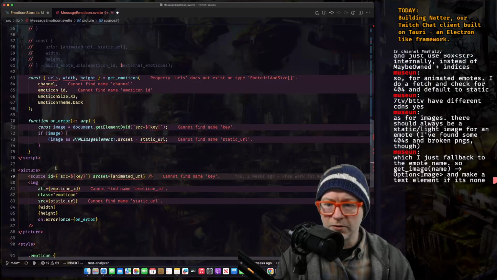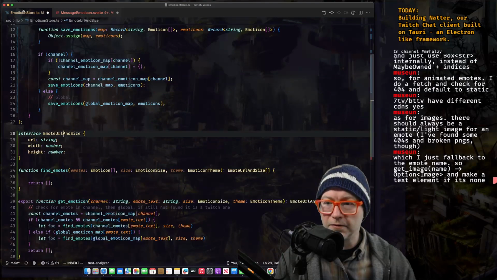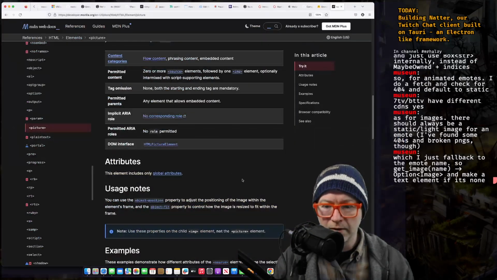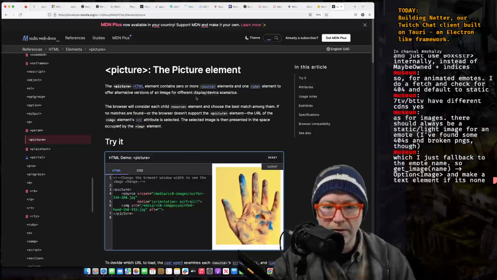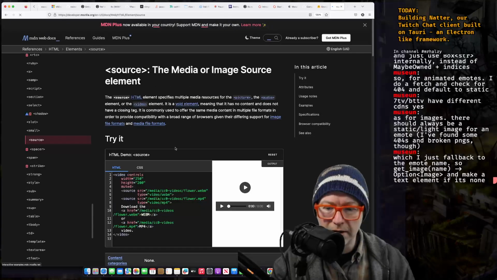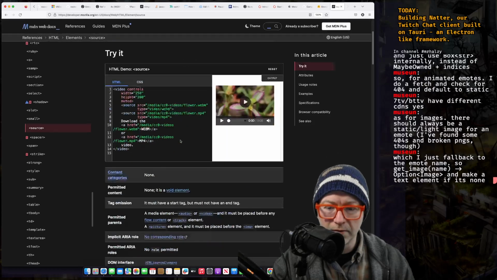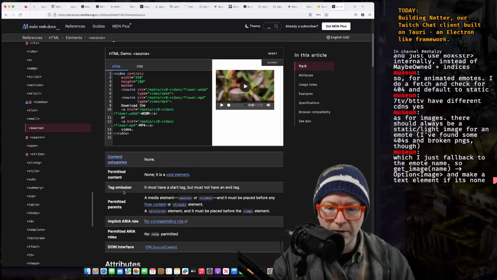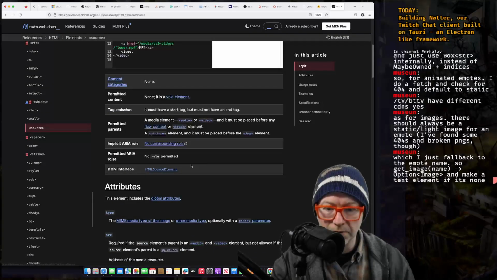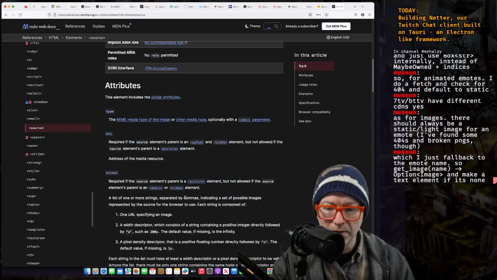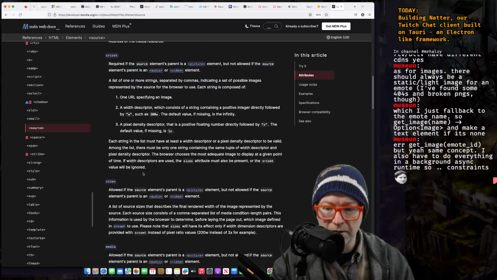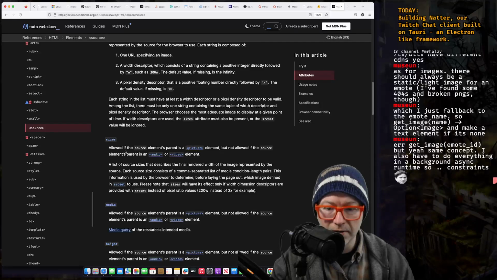And pictures do not have... Do they have different... Well, let's go back to MDN. Source elements, do they have width and height? I don't think they do. Attributes: type, source set, sizes.